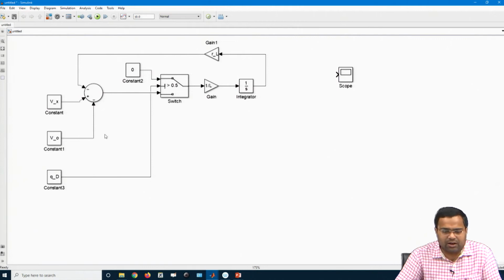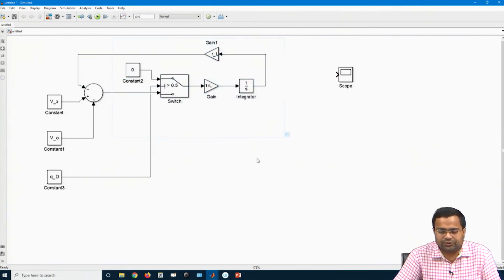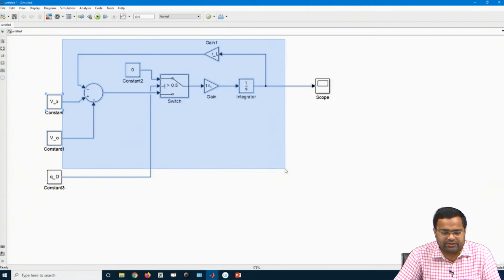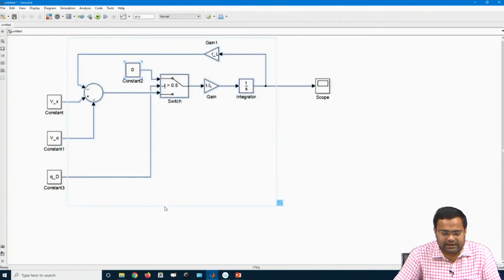Okay. So, now we want to create a subsystem. So, this is a scope and that we have already discussed. In this subsystem, this is the block, and everything will be inside the block. So, to create a subsystem, we right click, create subsystem.